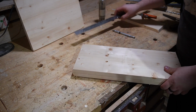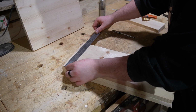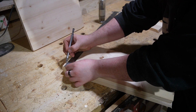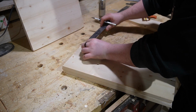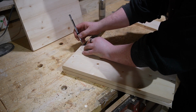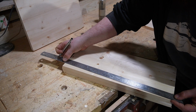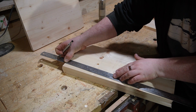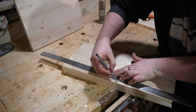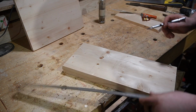To mark this, all I'm going to do is come in, say 15, let's say 20 mil on each side. And then score it down to nothing, and we'll leave the line in and we'll plane that line down. And be careful not to have what happened to me there happen. The pencil goes into the grain,